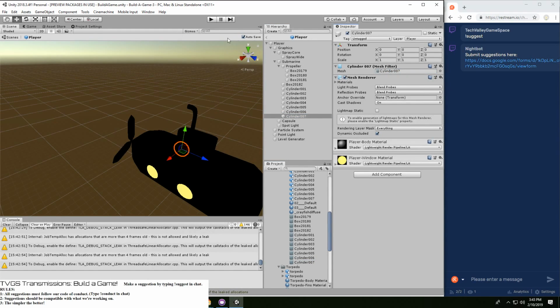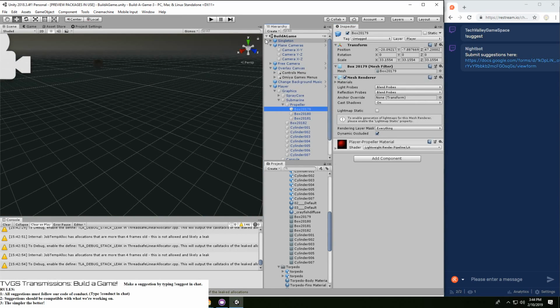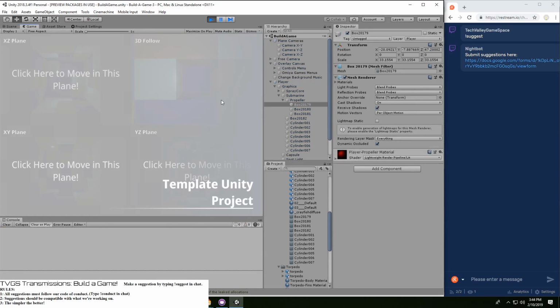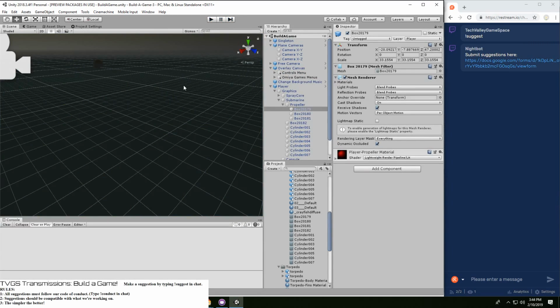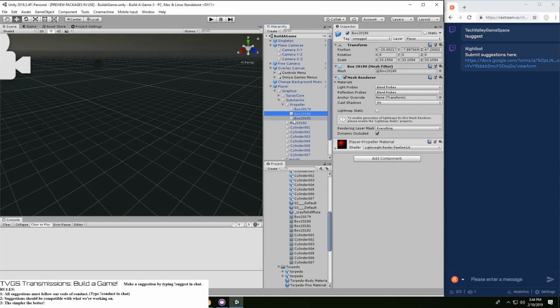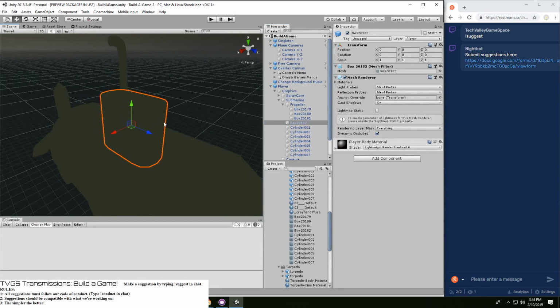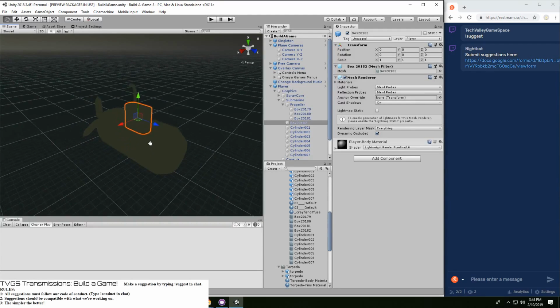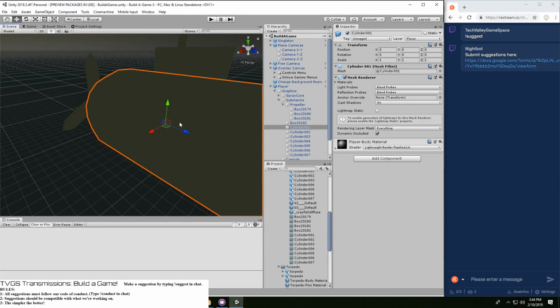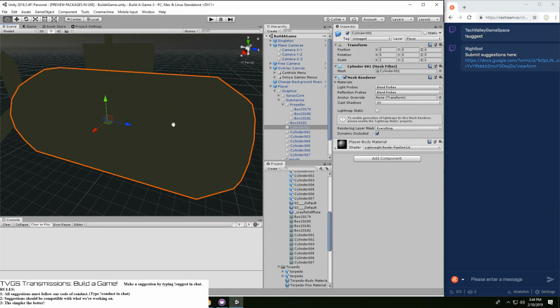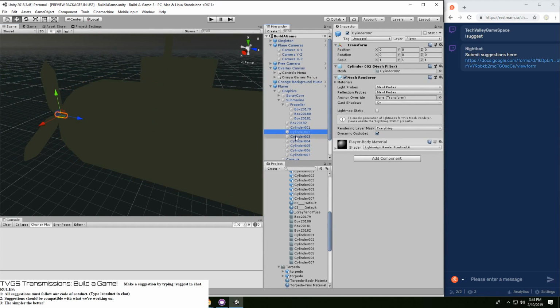So in theory, once I return back to our good old game, we should be seeing our submarine again. No, we are not. Why are we not seeing our good old submarine again? Okay, well, that doesn't look good to me.